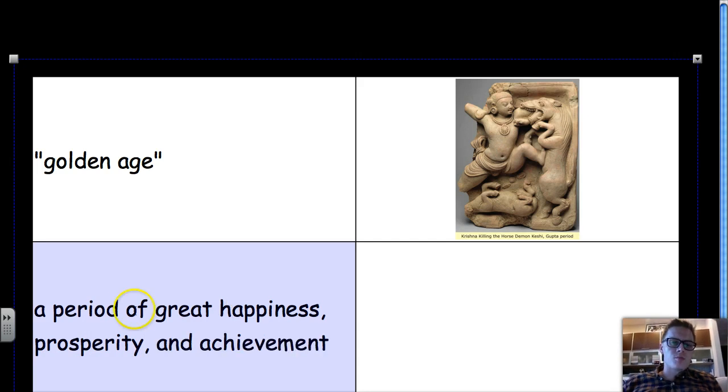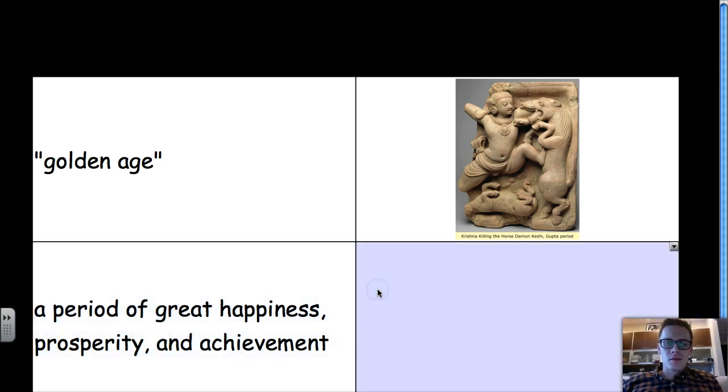Now, when we talk about prosperity, we're talking about a great deal of success. So to prosper means that you're being very successful in all the things that you do. All right, and we're going to talk a great deal about all the different achievements that they had during this time period, ranging from universities, literature, sculpture, painting, art, metalwork, mathematics, and even the roads that helped them set up the trade that we discussed beforehand.